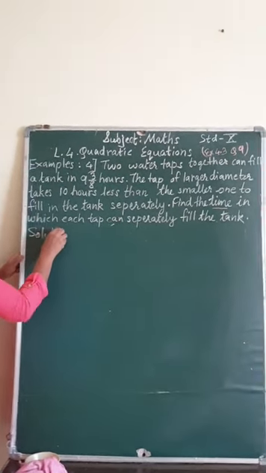Now what next we have to do? We have to see that 4 into 375. What is the product of 4 into 375? 1500. So 1500 we have to split in such a way that the sum of that should be minus 165. Middle term, splitting the middle term. So I am writing it here.